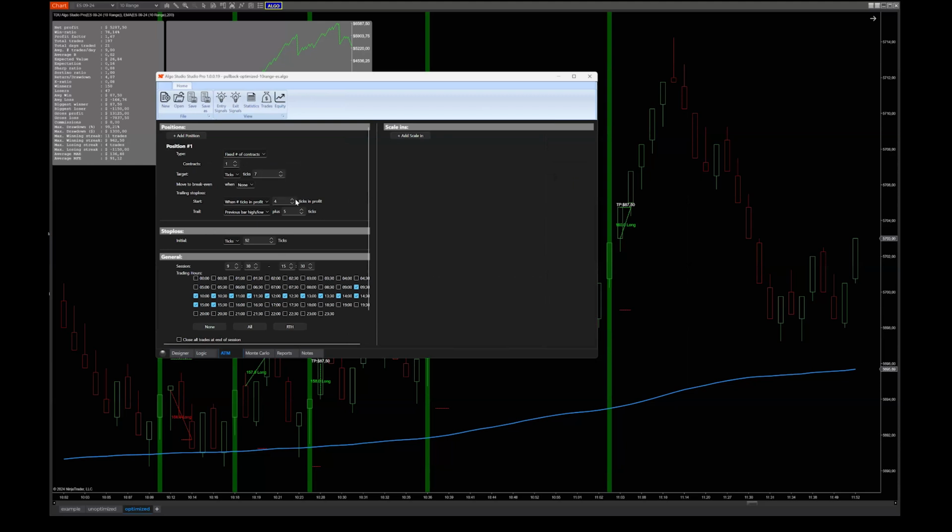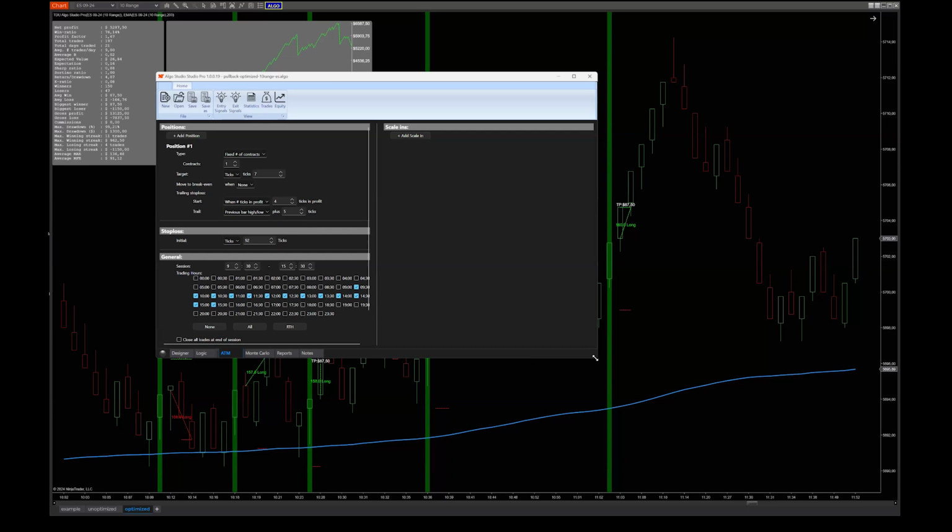It's more or less the same here. You can add multiple positions. You can scale in. There's a lot of flexibility here to select the ATM you would like. You can select trading hours when the algo is allowed to trade.